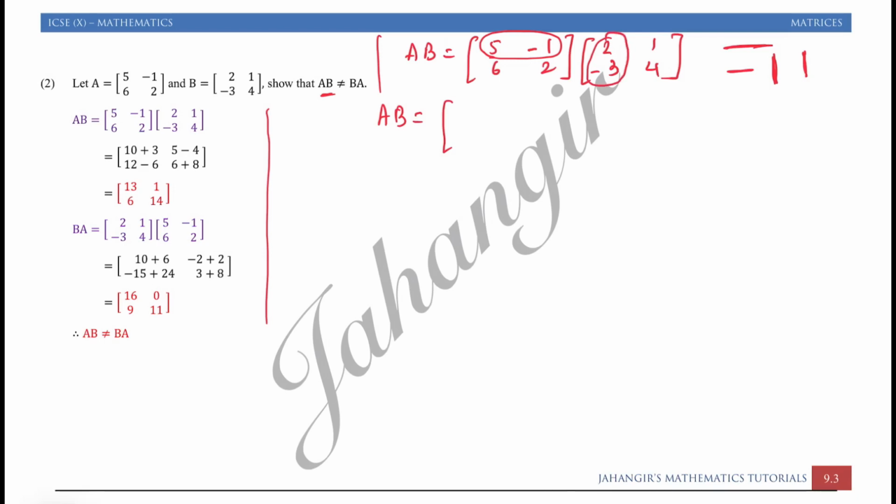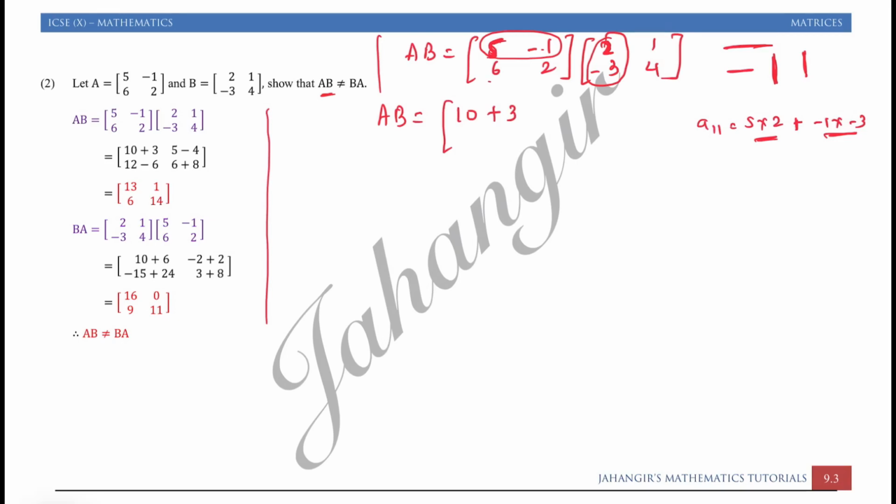See, this is first row, first column. If you want, you can circle it with pencil. 5 2s are 10. Minus 1 into minus 3 is plus 3. A11, hope you understood. It's 5 into 2. This is 5 and this is 2. First term with first term, second term with second term. Minus, in between we have plus, minus 1 into minus 3. So that is 5 2s are 10 plus 3.